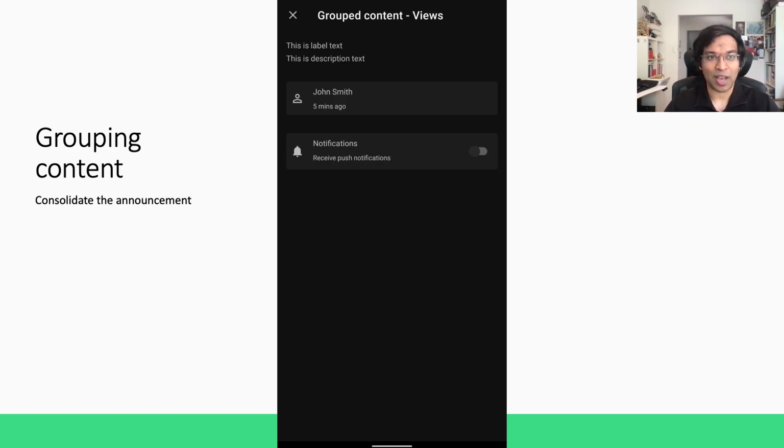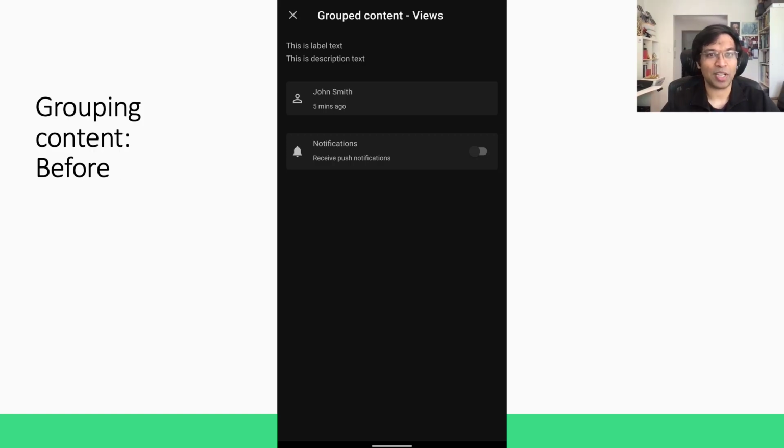As part of this screen, we have a couple bits of labels and different types of content on the screen. The first is just a collection of text views, which we just want to make a single announcement for. The next one is another kind of card style view, which has when a contact is last seen. We want to group those together into a single announcement. And finally, we have a settings toggle, which has icons, a bit of text, and a toggle switch. We want to consolidate that into a single announcement and have interactions work as a single element.